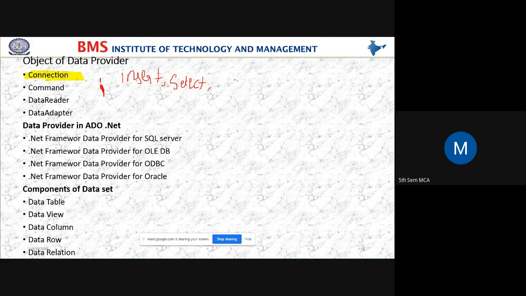Select query, delete, update, delete, update. See, all these queries, all these commands we execute in the database, we can also execute in ADO.NET.